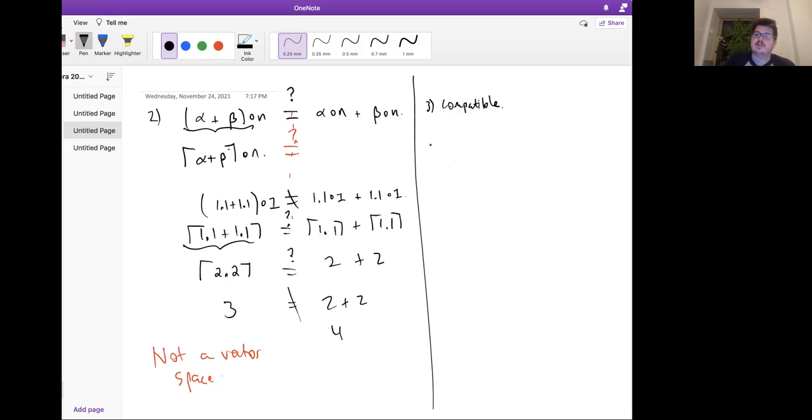Let's just remind ourselves what compatible means. It kind of looks like associative, right? So if I have a product in scalar world or in field world, and I scale and multiply by n, it should be the same as multiplying them separately. Okay, can someone think of a pair of numbers where it's not scalar compatible? So meaning,